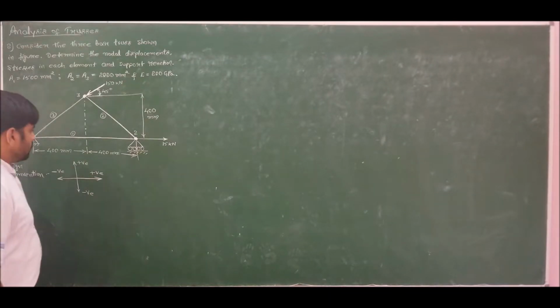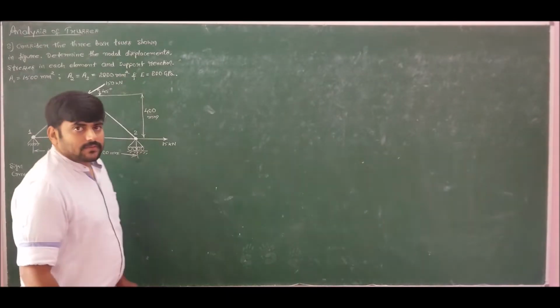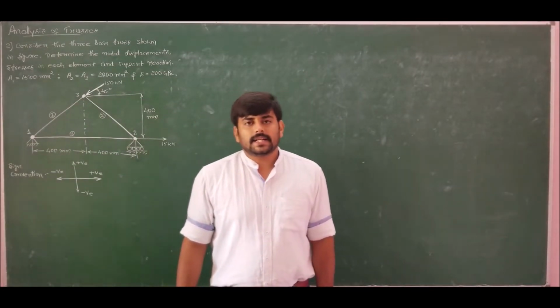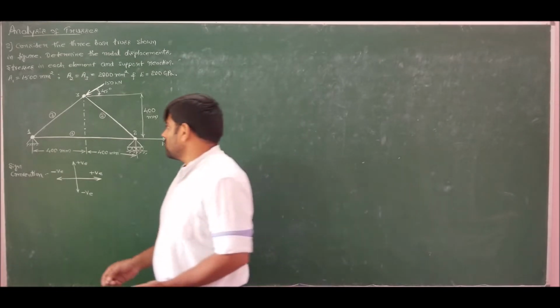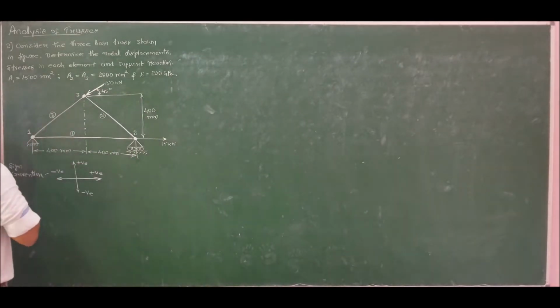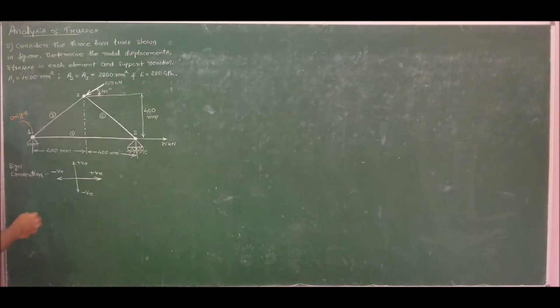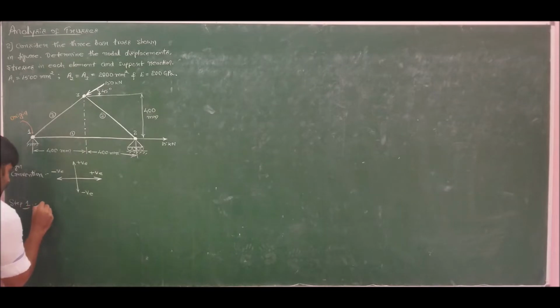As I said in our previous problem itself, always fix the origin to extract the nodal data such that the entire truss lies in the first quadrant. So therefore, I will take node 1 as the origin. If I fix node 1 as the origin, the entire truss will lie in the first quadrant. So moving to step 1. Step 1 is finite element model.